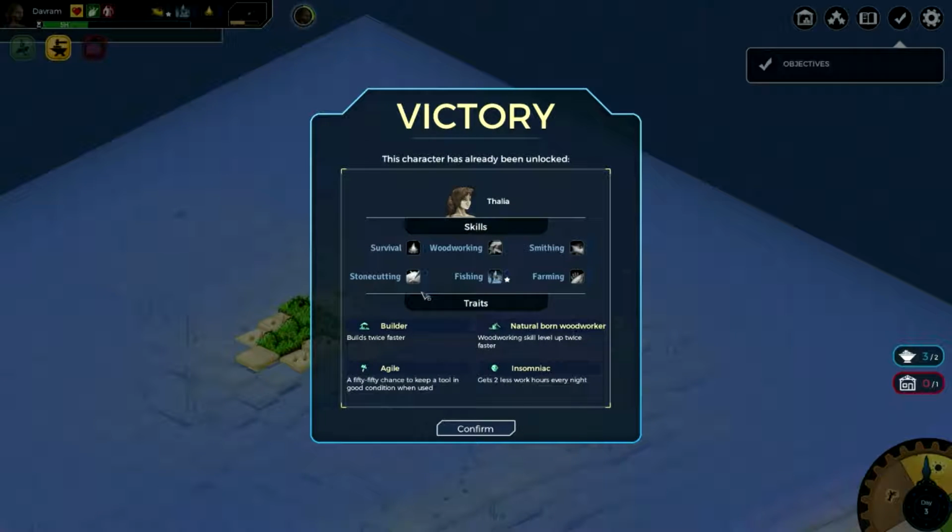I think they're introducing far too many concepts at one time to really feel confident. The idea in a tutorial is to make the player feel confident that they know how the game is working. Right now there's a lot of stuff getting thrown at me at once that's not really improving my confidence. All right, so we got a victory, and then I unlocked this new character, Thalia,